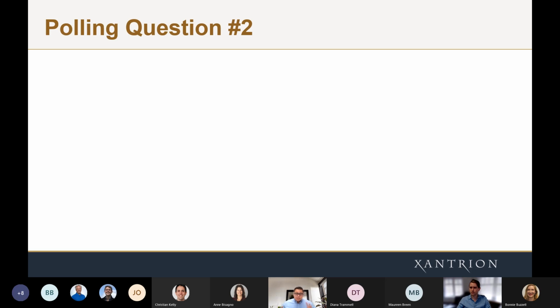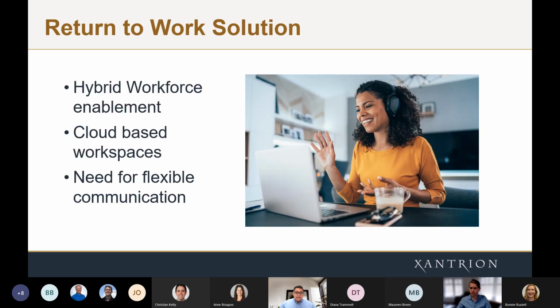Most organizations are probably going to be in the middle there, either working remotely to save on real estate costs, for example, or having more of a hybrid approach where you're giving people the opportunity to work from home or maybe come into the office two or three times a week. And the reason this is relevant, as I can see here from the poll that we sent out, is that pretty much all of us haven't really returned 100% to the office. We're in this hybrid model or this remote model, which is what we have seen become really the norm inside of the business industry with our experience. So you guys are absolutely highlighting what we've actually noticed.